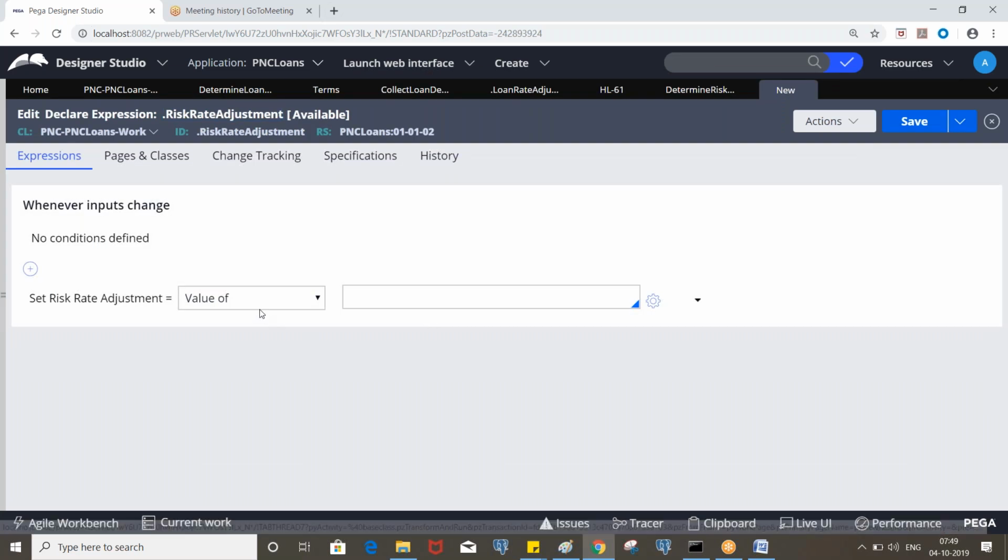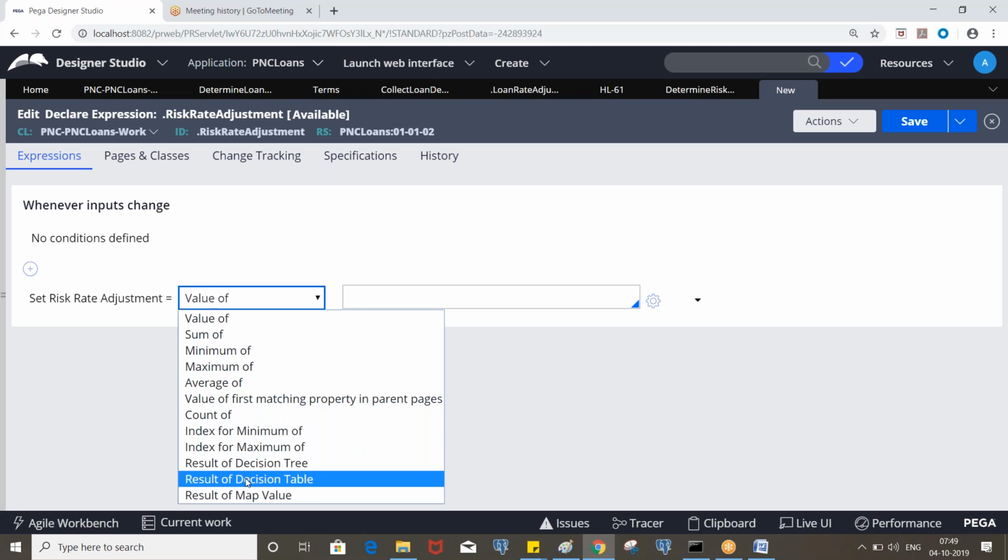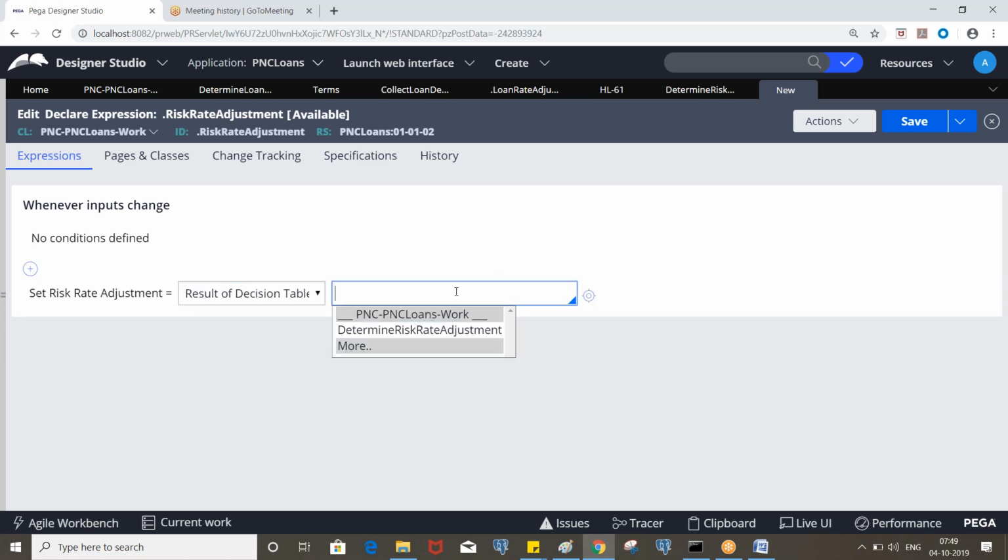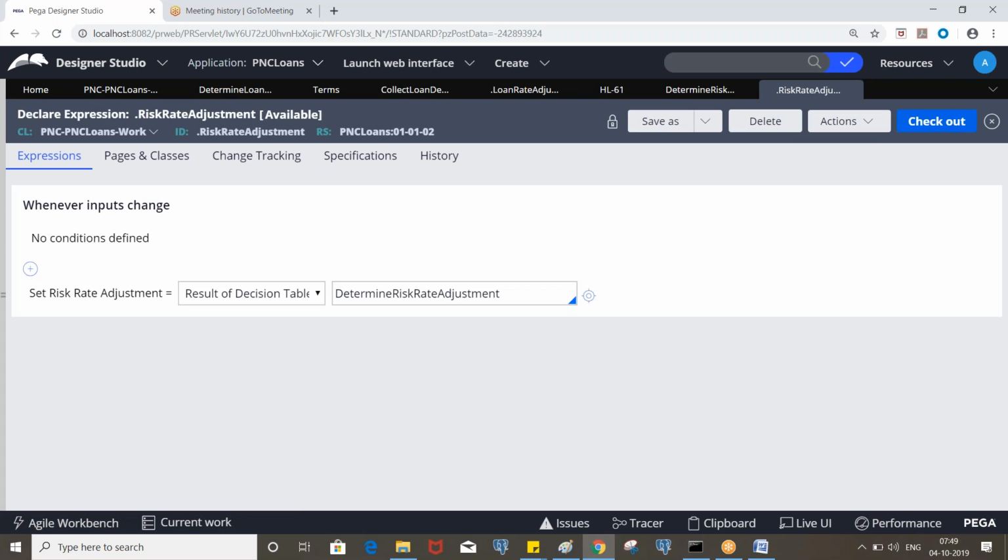So this is the result of the decision table. That's it. So whenever the credit score changes, it will return the corresponding value.